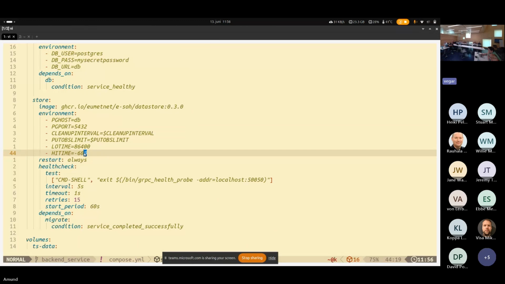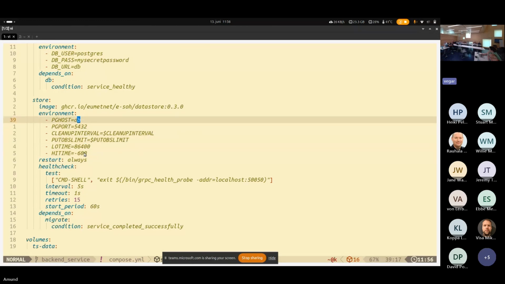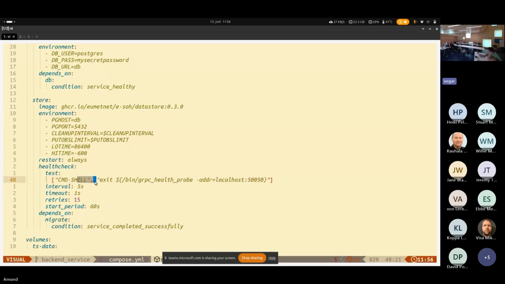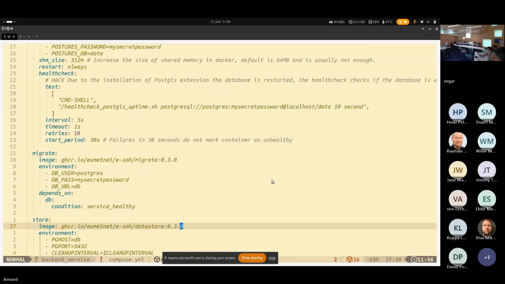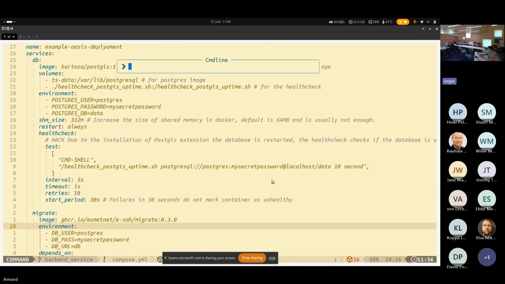Yes. So here this is just set to DB, but that's because of Docker Compose. This is the internal URL lookup for this container. So Docker Compose handles this for us. And we have a small check here that also just checks that the DLT service actually is working. It's not very exciting. We can just run this and it will